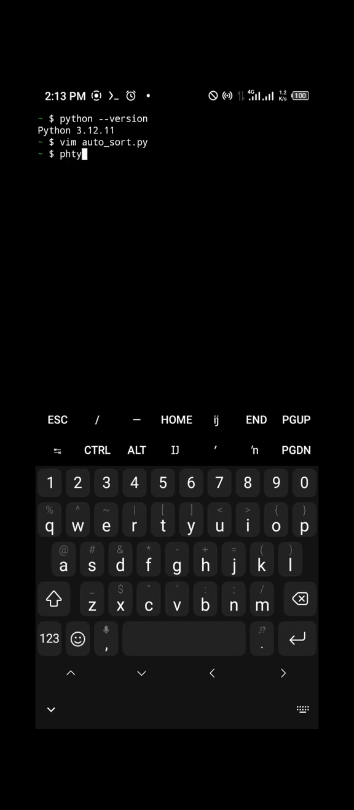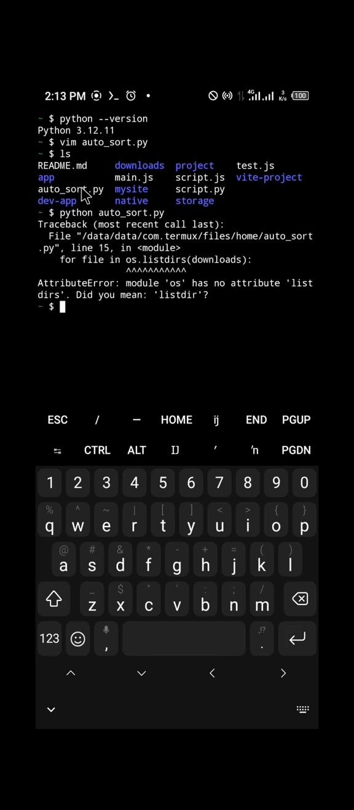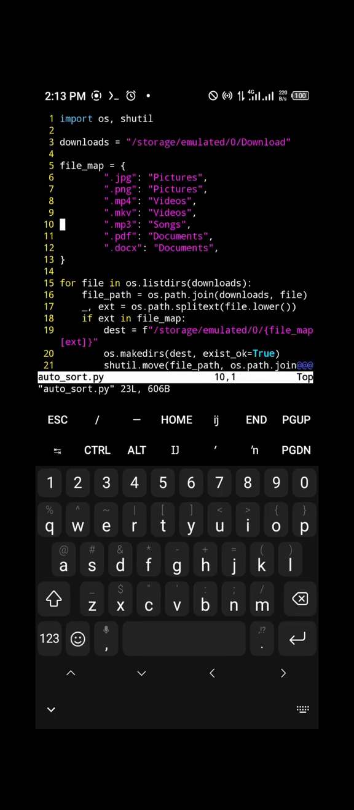We use Python. Let's first list files. So the name of the file is autosort.py. Python autosort.py. Now if we run this, we have an error. OS has no attribute listdir. Oh, that was a typo. So there's no S here. We'll save this again